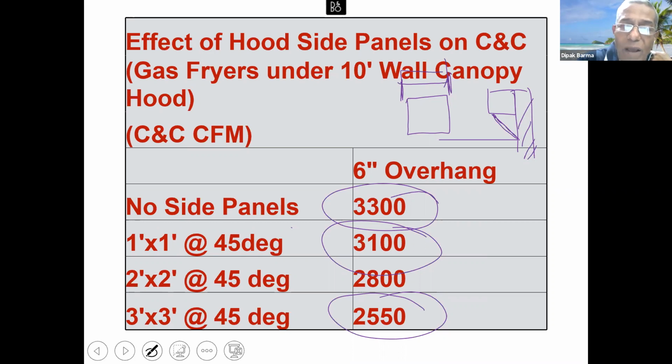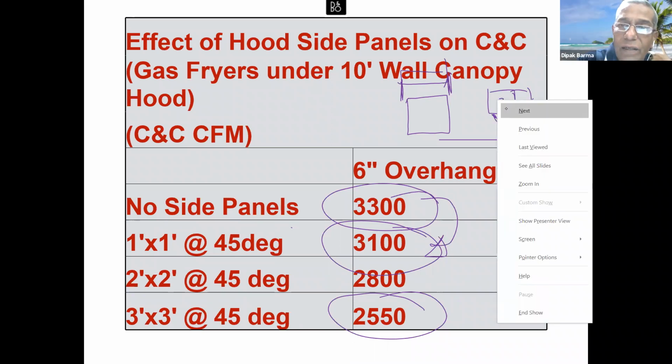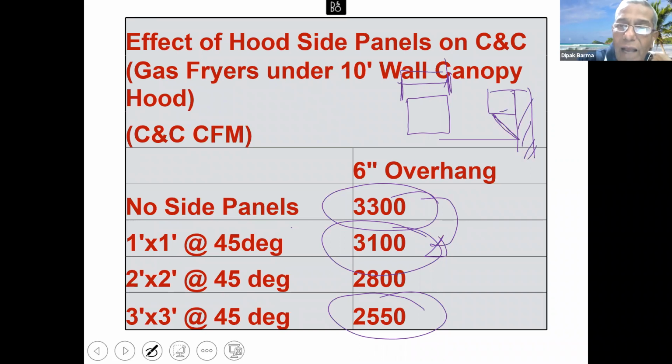So if it is 1 feet by 1 feet at 45 degrees, then the reduction is from here to here in CFM. Now, if you use a 3 feet by 3 feet, that means if this is 3 feet and this is 3 feet,